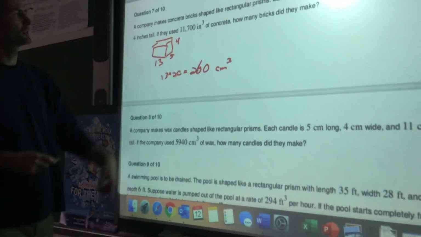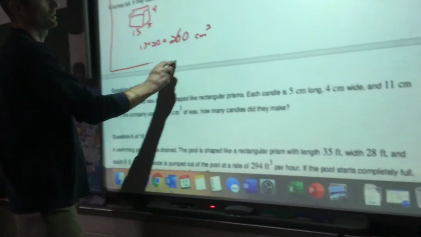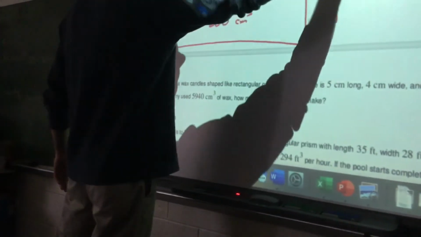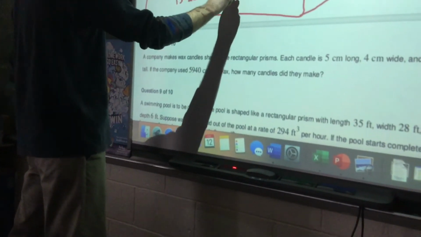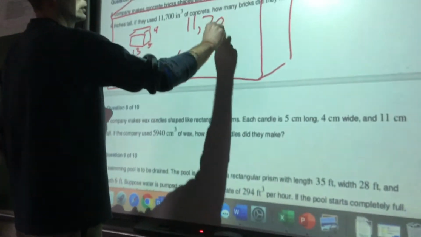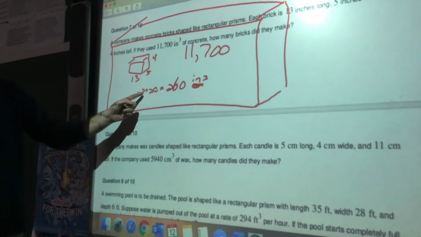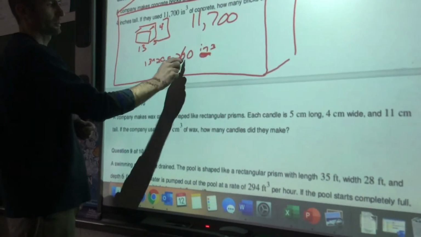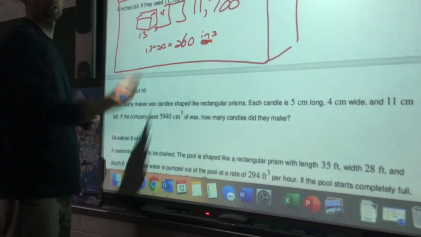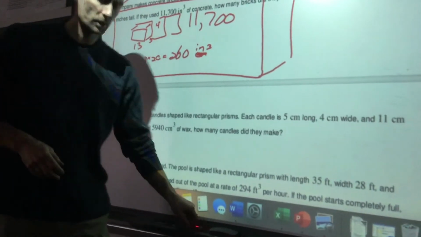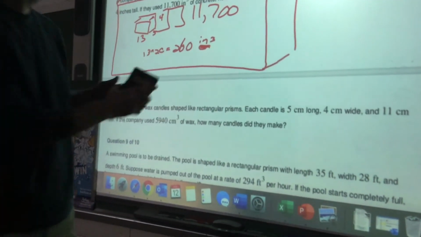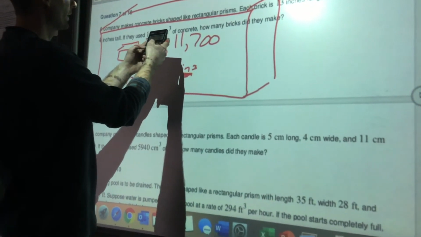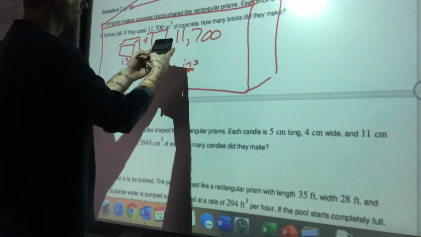If they have 11,700 cubic inches of concrete, they have 11,700 total. How many bricks did they make? Well, if each of these bricks is 260, one brick is 260, 2 bricks is 520. We're seeing how many bricks are in 11,700. So we need to do 11,700 divided by 520. We're splitting 11,700 up into groups of 520. So the answer is